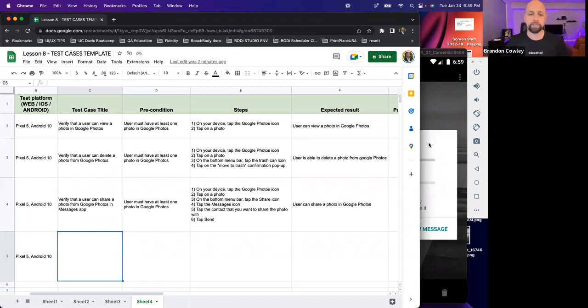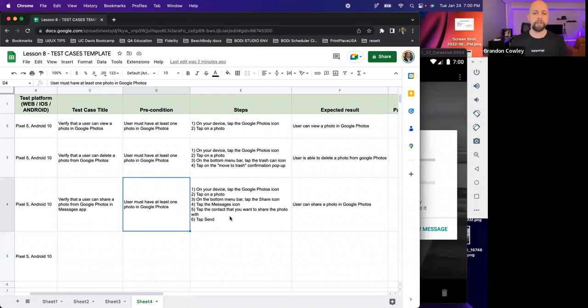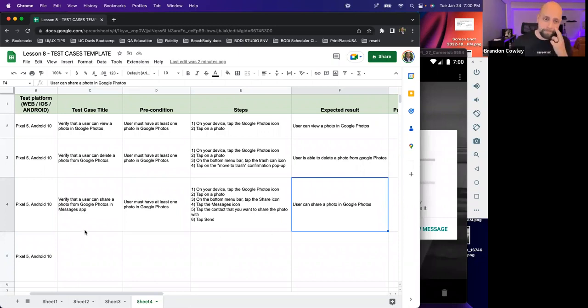That's a good thing to point out. And like I said, I am not going to write a test case for every single one of these sharing options. That's absurd. Really what we're focused on here is the flow. And I think you're all intuiting very well what it is that you would need to see here.